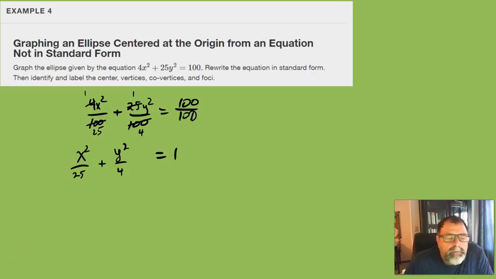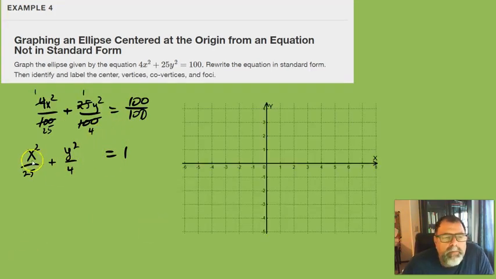Now to graph it, let's just do the easy way that I showed you. We just have x squared, there's no plus or minus anything, and y squared, there's no plus or minus anything. So that's just going to be centered at 0, 0. Then under the x, square root of 25 is 5, so we're going to do plus minus 5 from the center. So you go plus 5 in the x direction, minus 5. Under the y, square root of 4, again we do plus minus 2 in the y direction, so up 2,